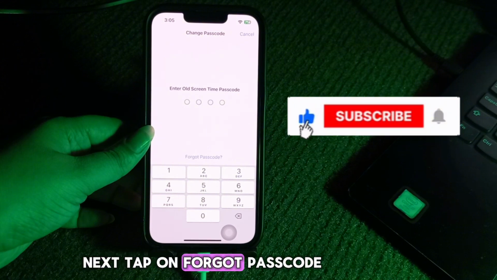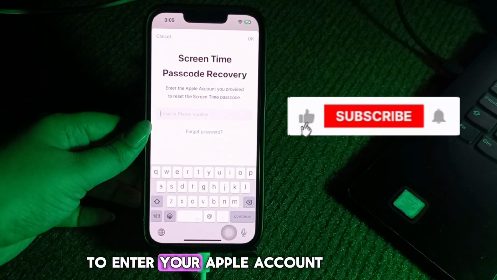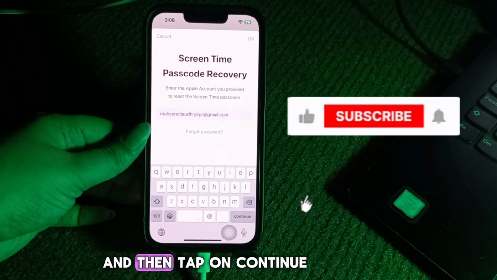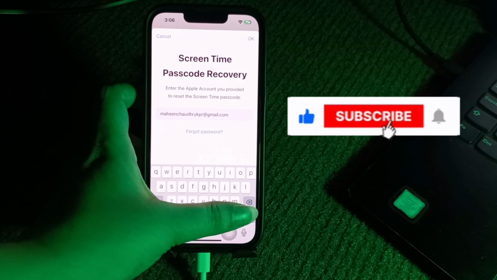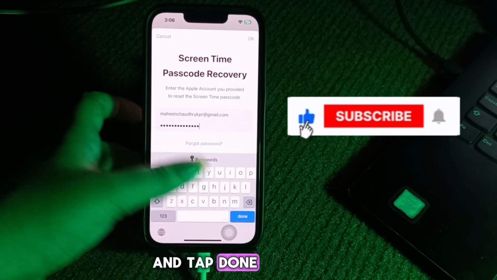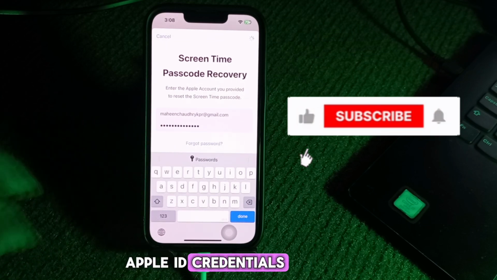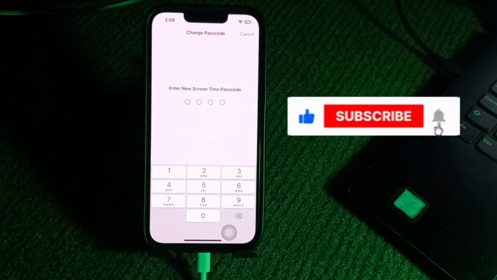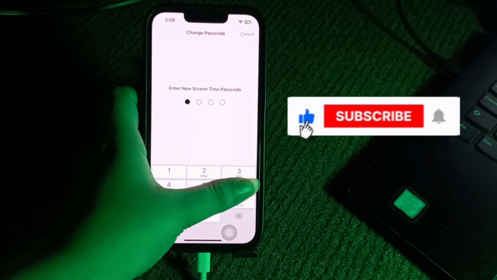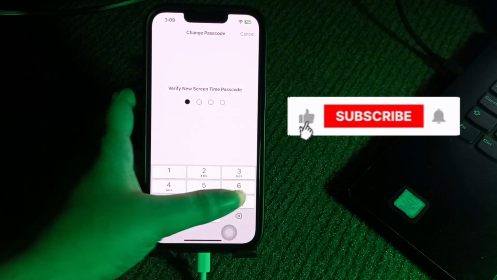Next, tap on forgot passcode. It will ask you to enter your Apple account or phone number, so enter your email and then tap on continue. Next, enter your password and tap done. Once Apple confirms your Apple ID credentials, enter a new screen time passcode and then verify the new screen time passcode